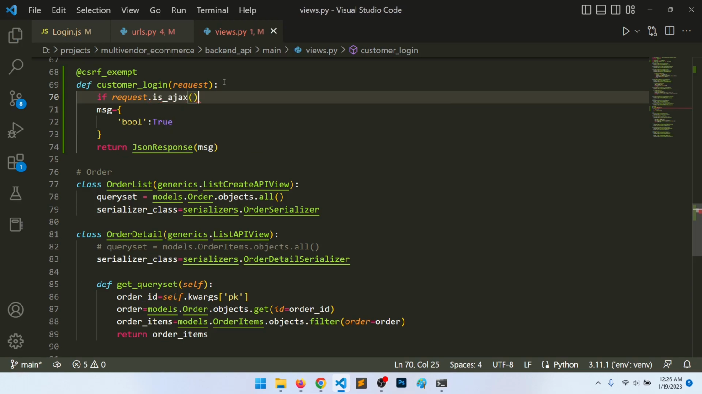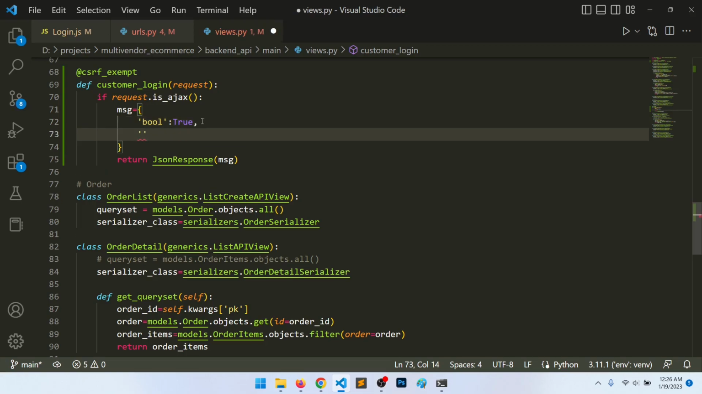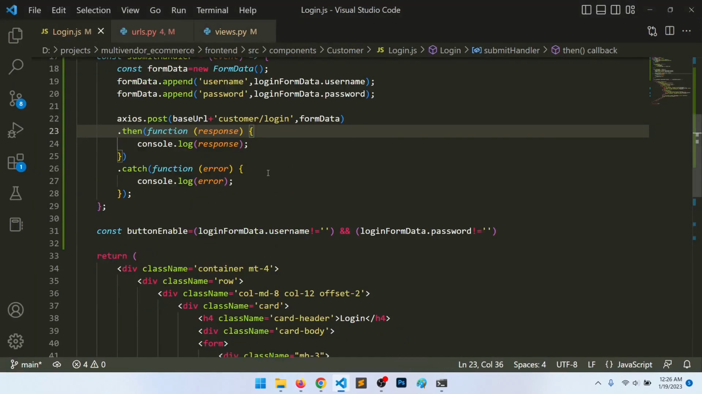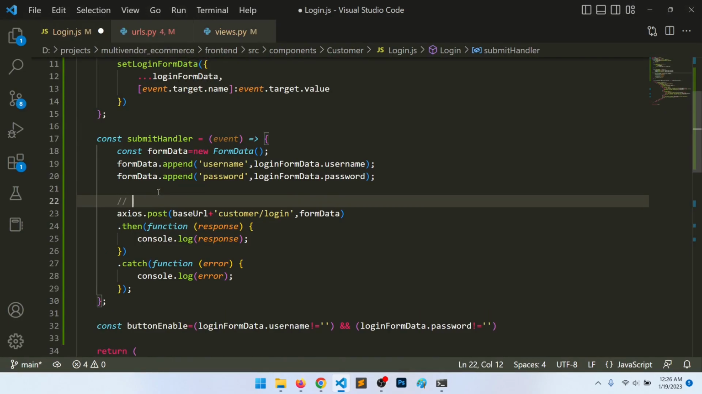And we will also say that if request.is_ajax, then only we will return something, right? And we will also return post data. Let's return the posted data, right? Let's use this. So when we submit this, then it should